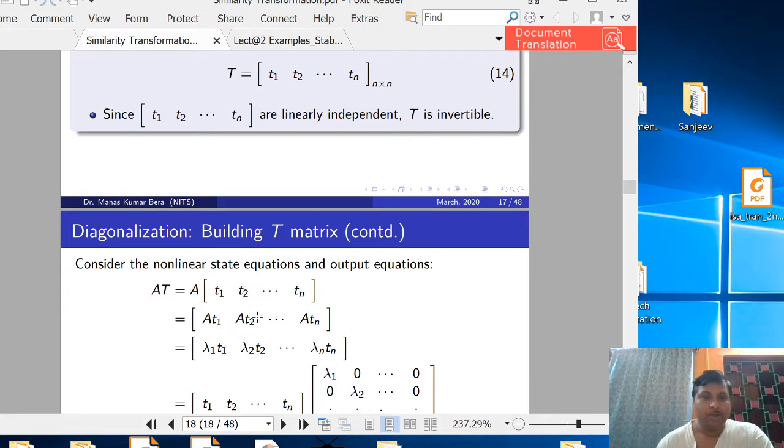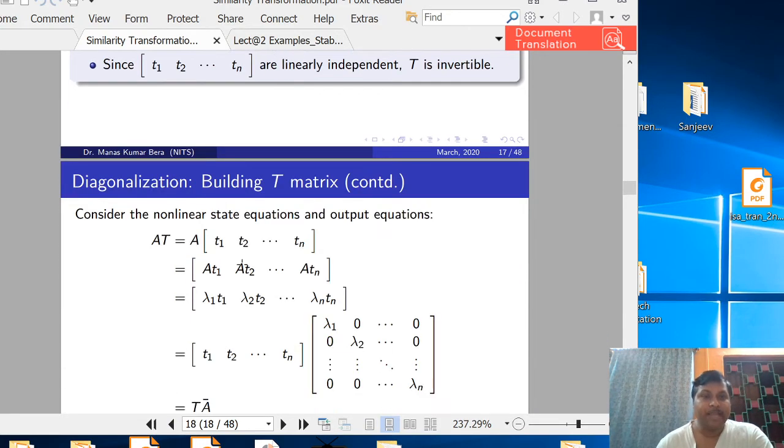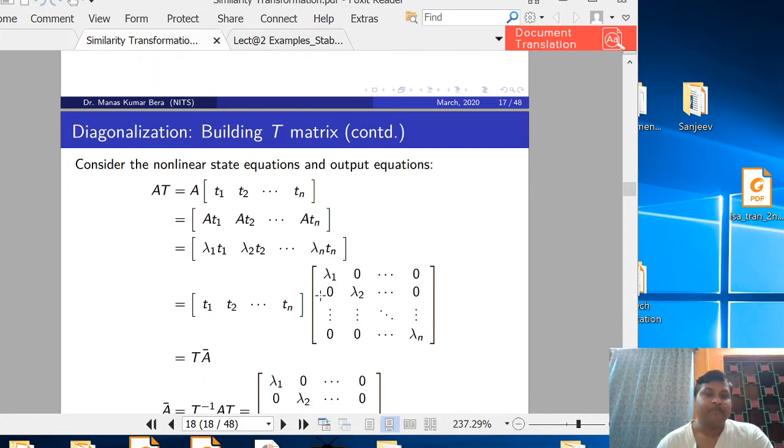Okay, so we can multiply that one, At1, At2, Atn, and now you try to see from the definition of the eigenvectors, Ati is equal to lambda i ti. So At1 can be replaced by lambda 1 t1, At2 can be replaced by lambda 2 t2, and Atn can be replaced by lambda n tn. And this equation can be written in the following way, that is t1, t2, tn, which is an n by n matrix, and this is also an n by n matrix,